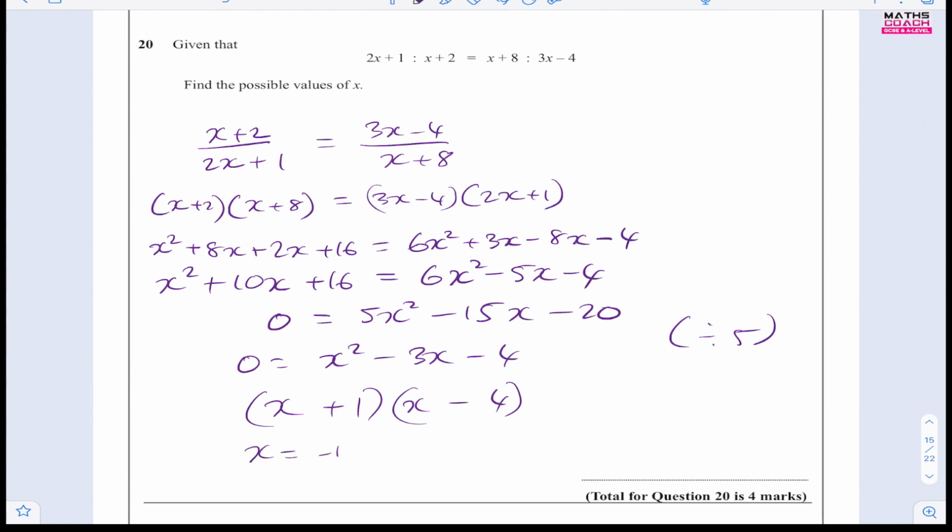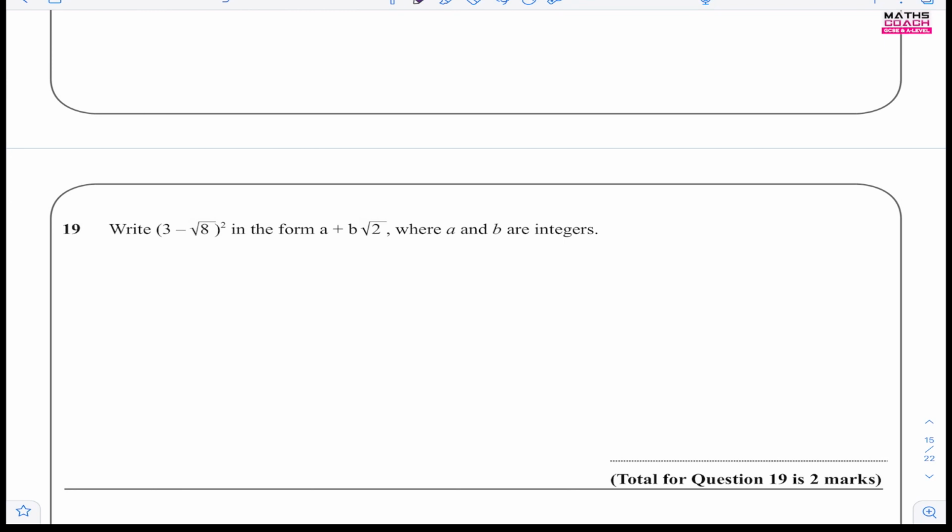So therefore x is equal to minus 1 and x is equal to 4. And there you have your possible values for x. Question 19. Write 3 minus root 8 all squared in the form a plus b root 2, where a and